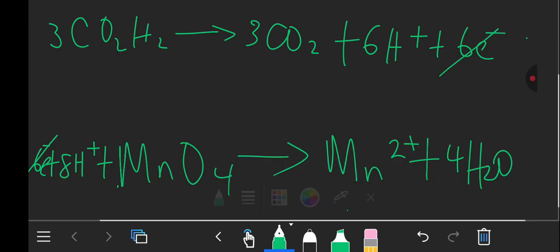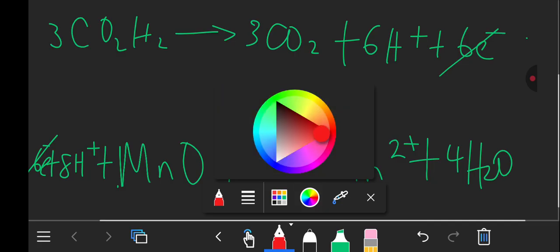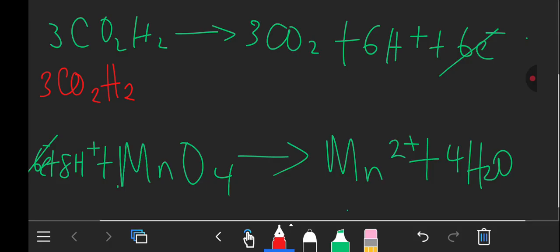as a balanced reaction. So let me change the ink. Maybe let me use this one. Let me use red. Okay. Alright, so what we are going to have now is 3CO2, then H2. We are adding these two reactions, then plus,